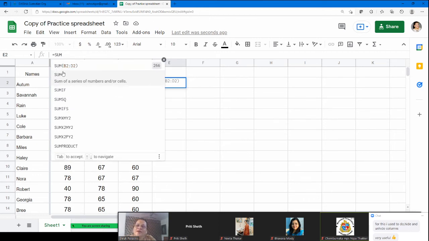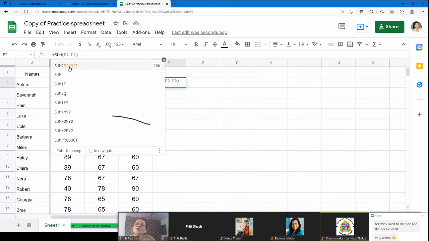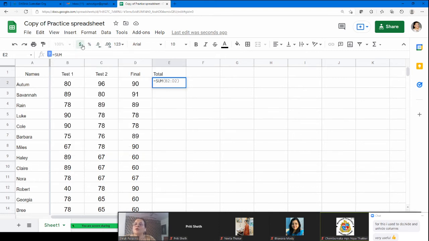It quickly gives me all these options that are there. Sum means when we want to total the whole thing. SumIf means if there is a condition that you want to apply. Okay, sum if the number is greater than 90, otherwise don't sum it, like that. So in general we don't need that, we need sum. So sum, and then because the range is already given there, we don't want this. Okay, we want to put our own formula. So always the round bracket,